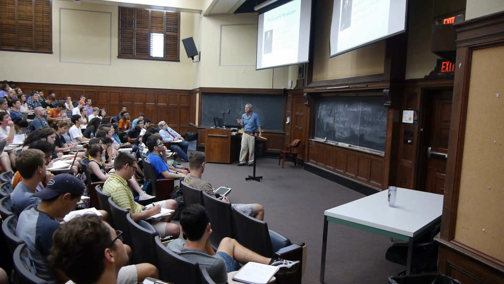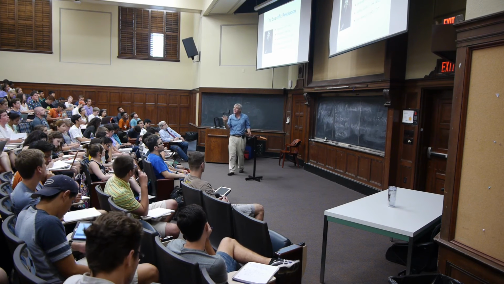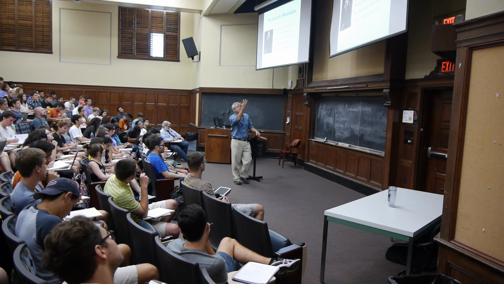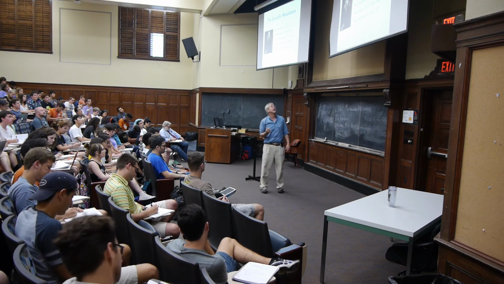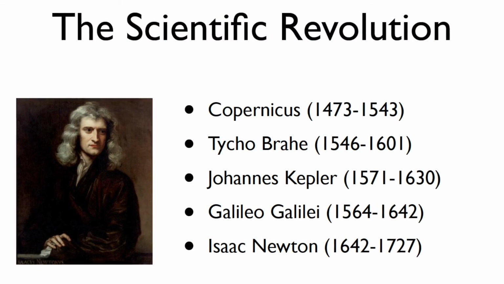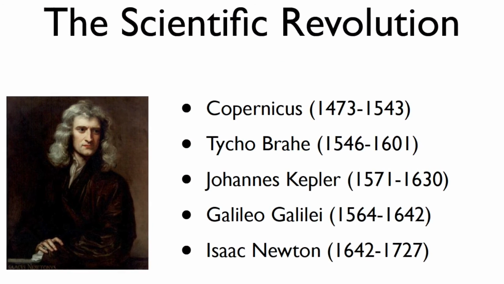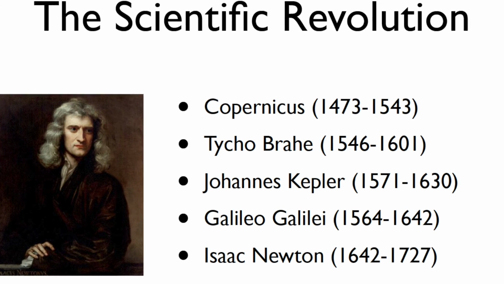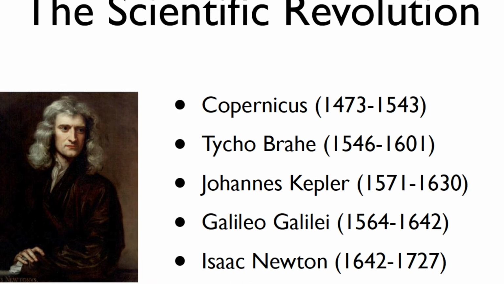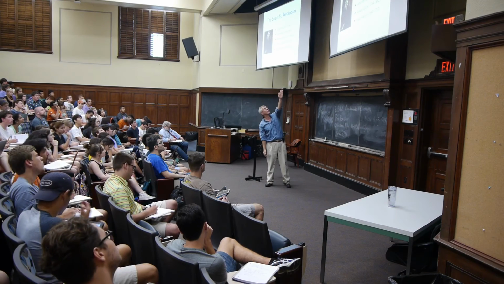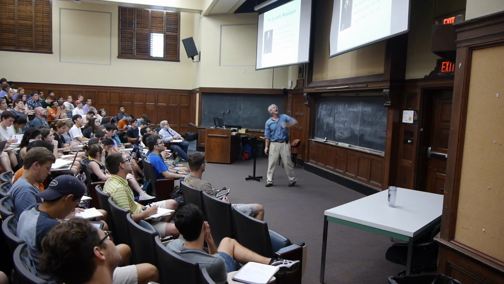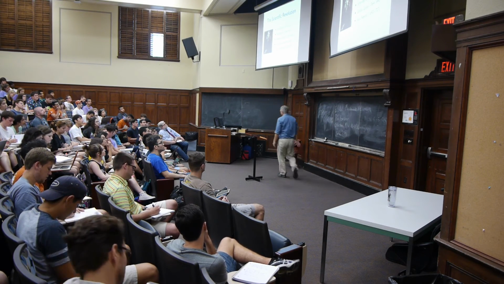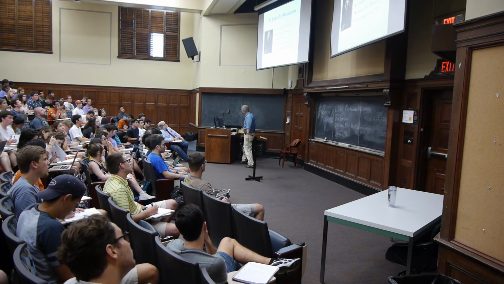There are lots of different versions, and indeed one of the main ones, and continually most influential, comes from the scientific revolution itself. The scientific revolution is something that started with the work of Copernicus, Tycho Brahe, Johannes Kepler, Galileo Galilei, Isaac Newton, as you can see from roughly the beginning of the 16th up through the 18th century.